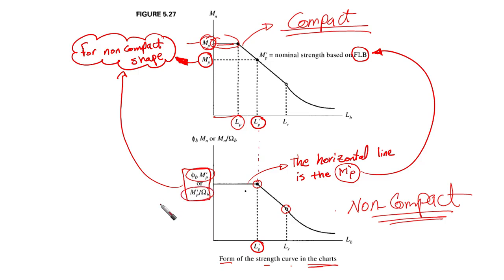Okay, the horizontal line is going to be the flange local buckling, because in case of non-compact, we are dealing with